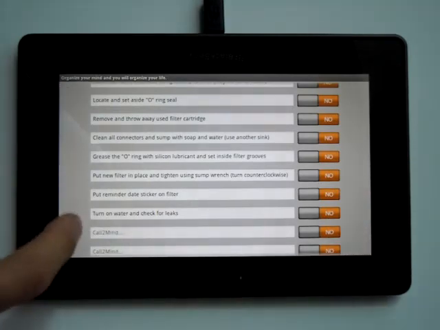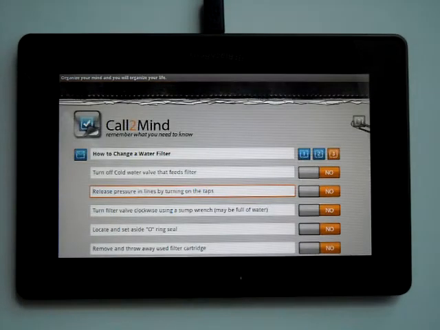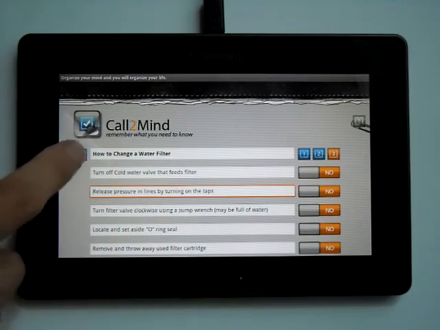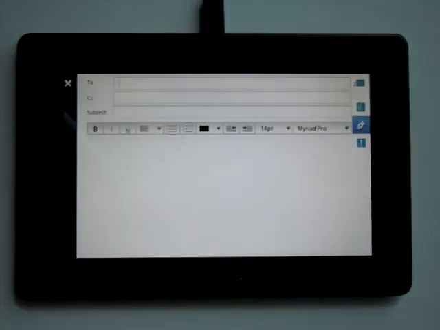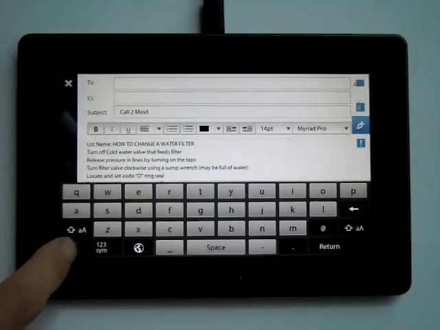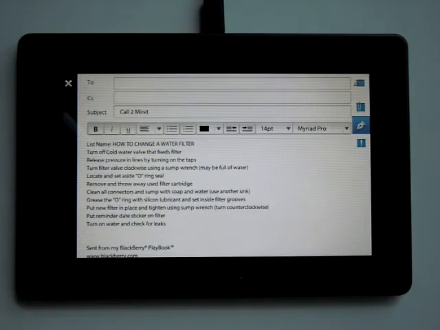You can write up to 20 different items in this particular list, and so that makes it really easy to do. The email feature is really nice, so once I have this list of things that it could be for directions or lists of gifts that I need to buy, when I need to email that to somebody, I click on the email button, and what it does is it opens up the BlackBerry Playbook email,